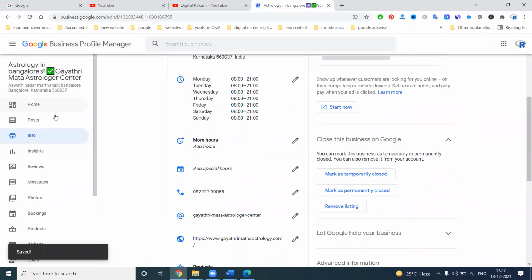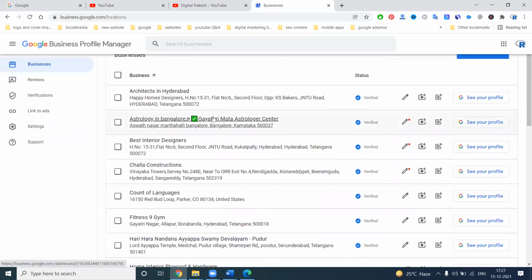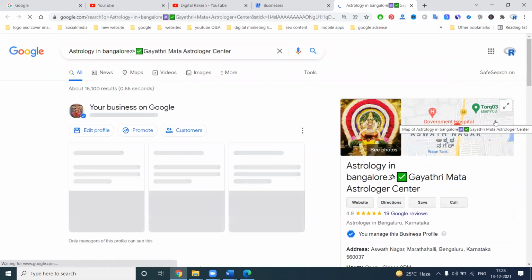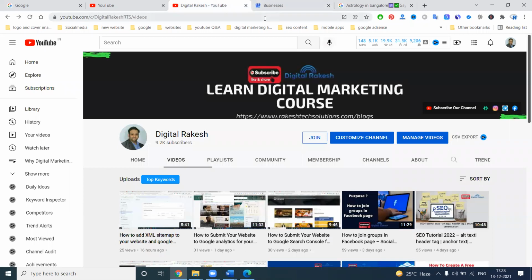So this is nothing but Google My Business, and it is compulsory and important to verify this procedure. You can check any profile, anything. There is a see your profile option. For any query about Google My Business, you can contact my channel. I will definitely support you with how we can activate Google My Business, the procedure, and regular posting.